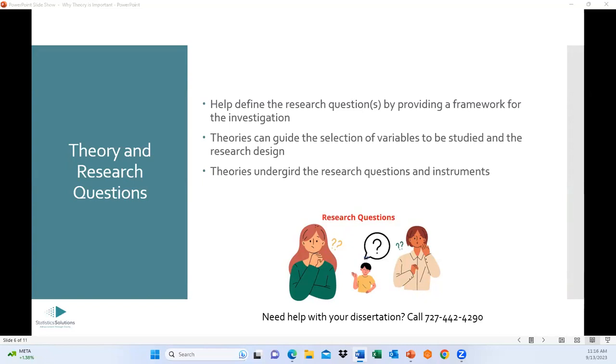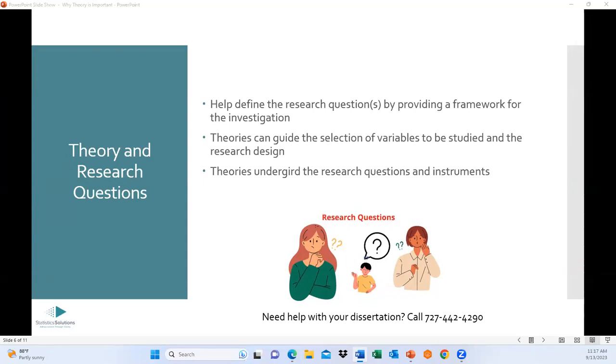So if you're studying, let's say, transformational leadership, what are you going to study within that? Well, that has 4 components. I think it's 4, if I'm remembering correctly. Those components are going to be what you will be studying. I think one is individualized consideration. There's a few more, but individualized consideration, as one of the components of transformational leadership, would be one of the components that you would be studying and would probably enter into your research questions.